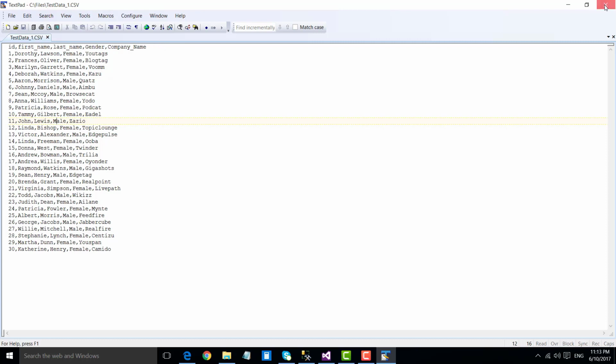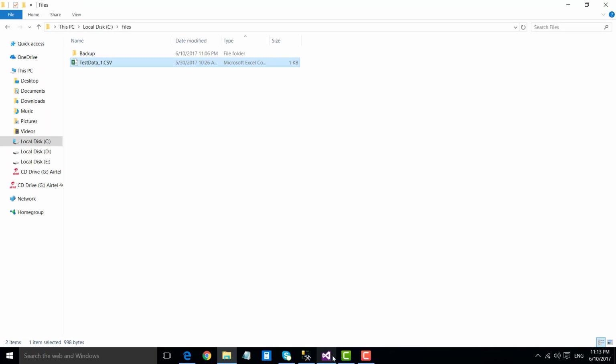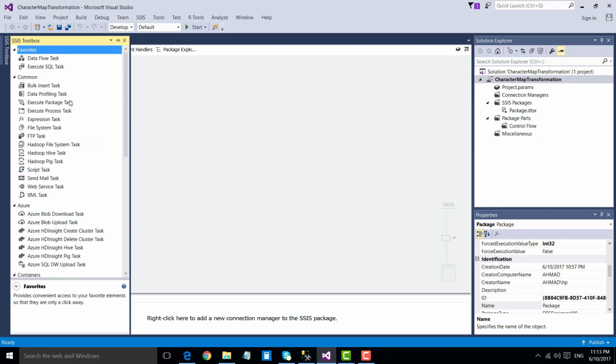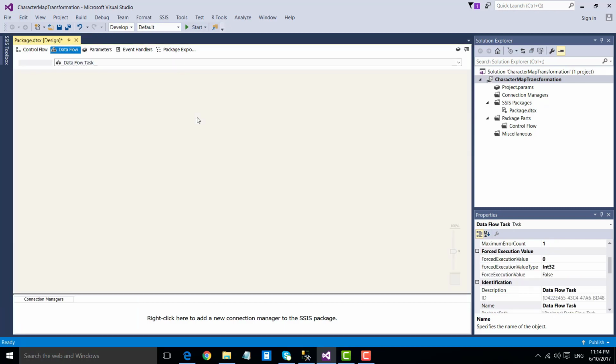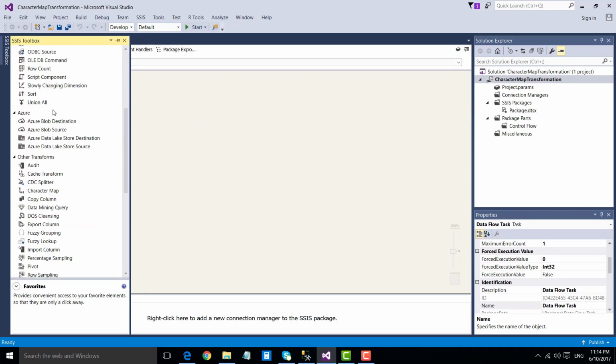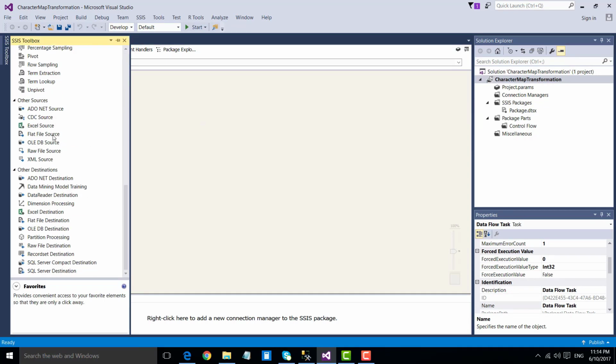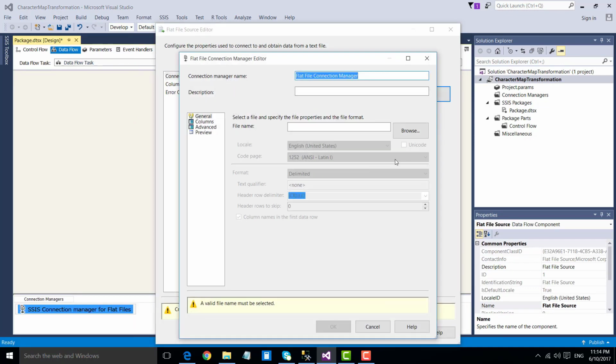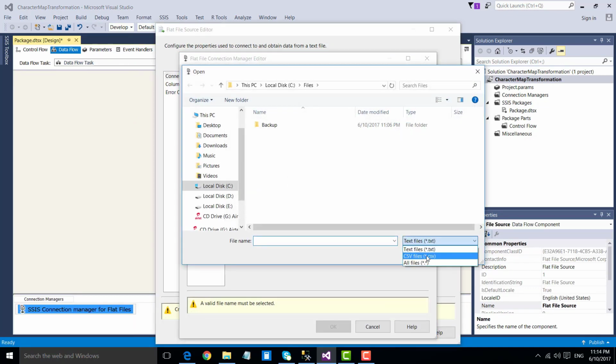So let's close this particular file and go back to the SSIS package. This is my business intelligence development studio, and let's load this file and change the casing of the data using the character map transformation. Drag and drop the data flow task into the control flow window and then double click the data flow task to configure it. Now from the SSIS toolbox, just drag and drop the flat file source, as we are going to read data from a CSV file, and click new, make a connection to the CSV file,